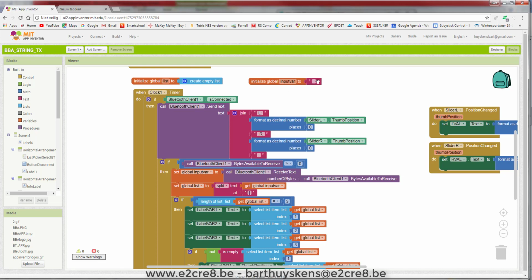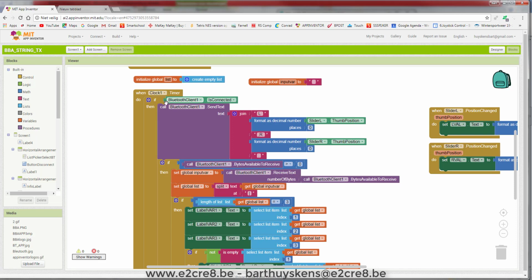So this is all the data after each other, and all the received data is coming in this variable, and this is split data in parts, and it becomes a list. We'll look into this a bit further. So every 100 milliseconds, which we have put the clock to, the timer fires, and it executes this